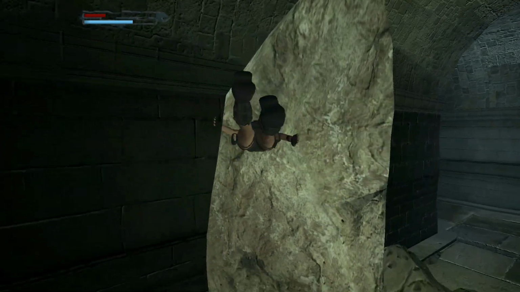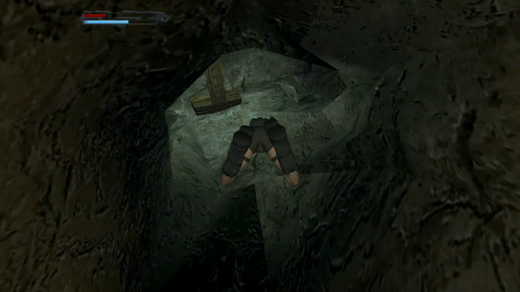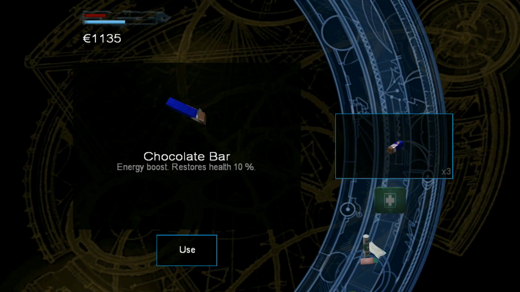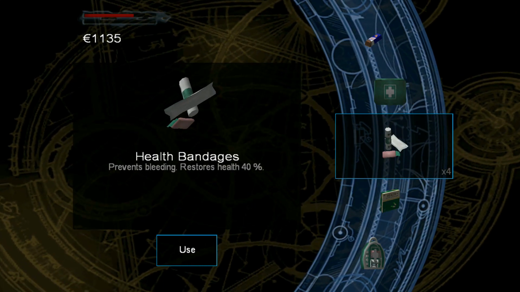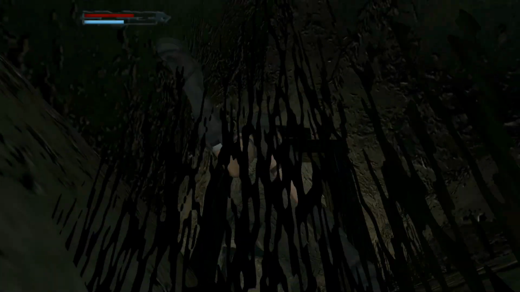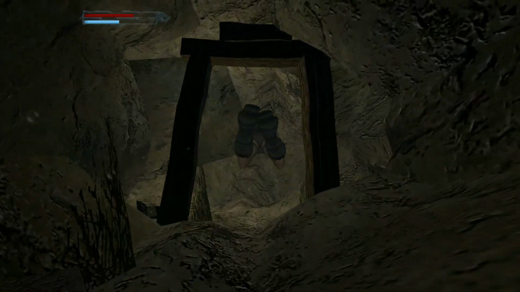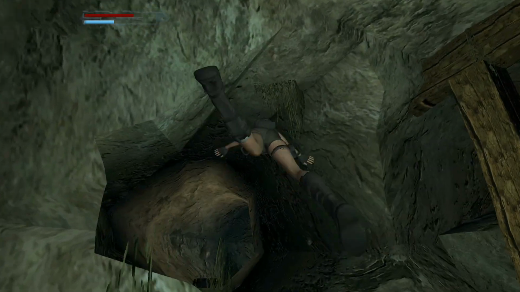What you've got to do is just go down to a lower level. I've been injured doing that. Let me just get a health pack. Your health doesn't go down when you're in your inventory, which is rather decent of it. Okay. And, Lara, you've got to find your way around. There's a lot of dead ends, but